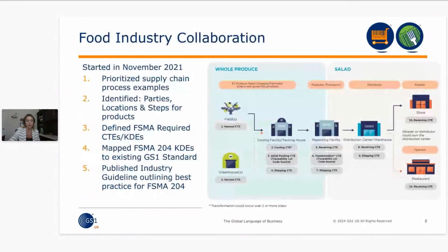And how can we adopt this to meet the standard. So when we actually started our work group, we started prioritizing supply chain examples. We started looking at who's involved, what are the products, who's impacted, who's not impacted. And we prioritized with four very representative supply chain examples. So we have whole produce turning into a salad here, but this could be cheese, right? Or whatever your product is in the supply chain could be plugged into one of these examples